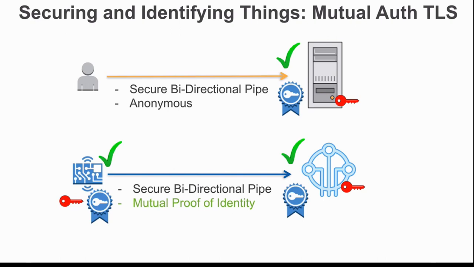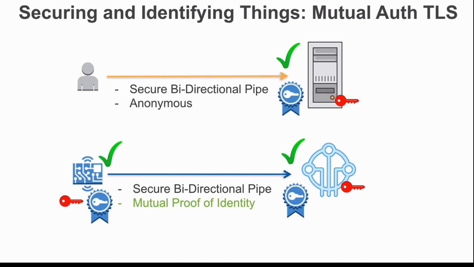So in order to support that, we use cryptographic certificates at both ends of the connection. So the device itself needs an X509 certificate that's been signed by a certificate authority as well as a private key. And the gateway similarly needs an X509 certificate and a private key. And the certificates are exchanged by the two ends of the connection in order to provide cryptographic proof of identity